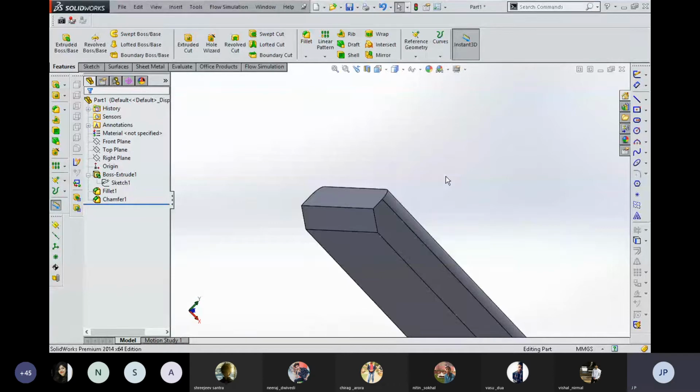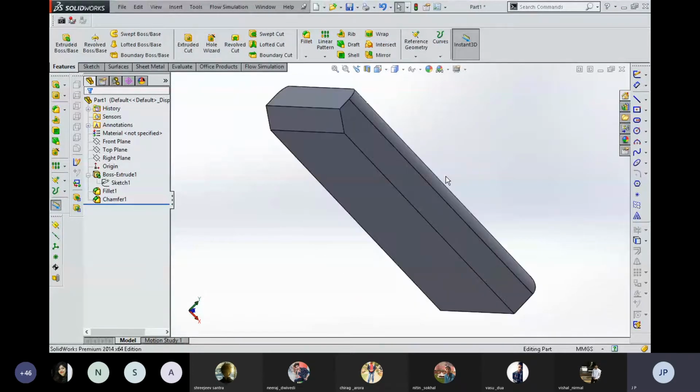Right now the component is not in the middle of the workspace. The keyboard shortcut for keeping the component at the center of the workspace is to just click F. So you can see that without the use of the mouse, by using keyboard shortcuts, you can keep the component at the center. Okay.